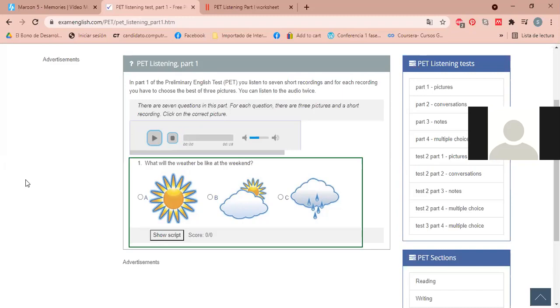Okay, guys. This is just an example. No se apresuren todavía a mandar la respuesta porque vamos a escuchar una vez más. As you could hear, the records are very fast and you're going to listen to just British accent, in a very fast way and from different parts of the world, and also voices and tones of voice from different people. Maybe you're going to listen to old people talking, to women talking, or to kids talking. Okay, you need to differentiate these tones of talking.